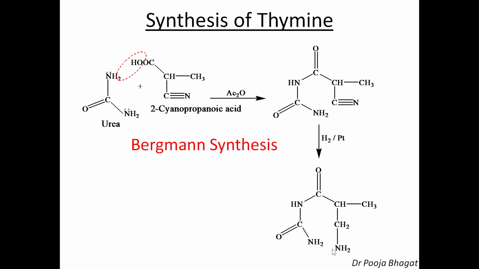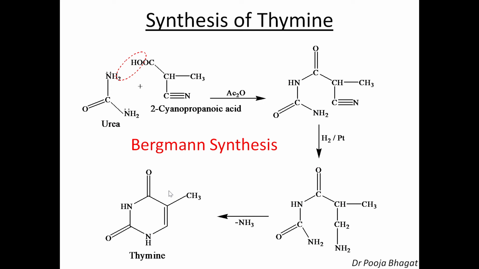Okay. So NH2 is here, NH2 is here. So what will happen? There is a loss of an ammonia molecule. Okay. And one hydrogen from here and one hydrogen from here goes out, dehydrogenation, and here you will get a double bond. So this is loss of ammonia and dehydrogenation, and you get the double bond, the thymine molecule.